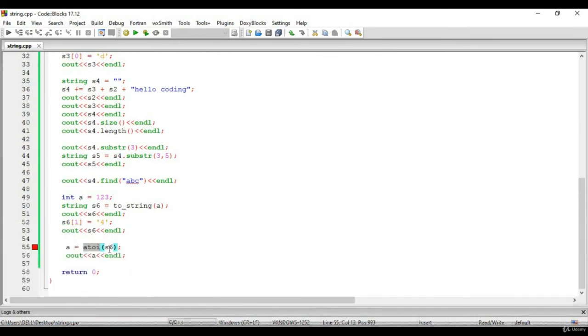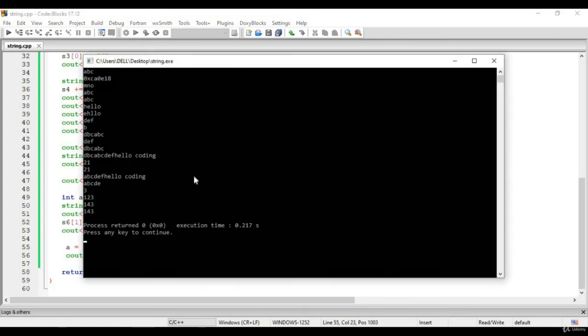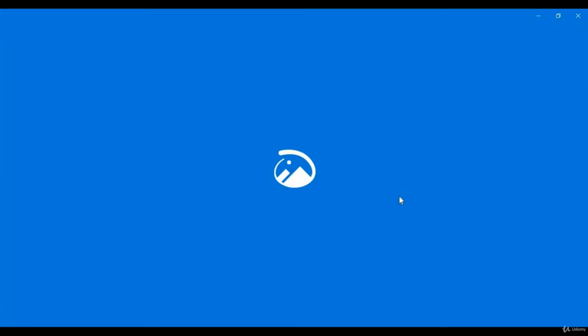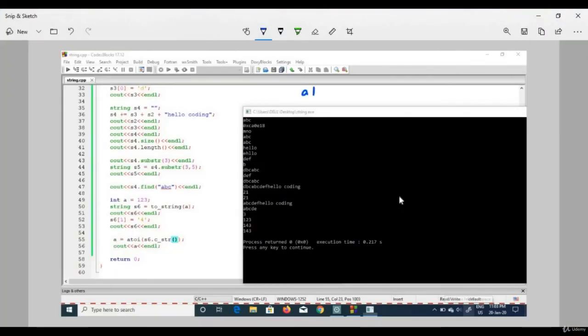For this e2i function to work, I think you have to write something like s6 dot c underscore str. Okay, so now it is working. This e2i function converts the given string into an integer. It takes a string as input. So I am giving s6, which is 143, and it returns me integer 143.